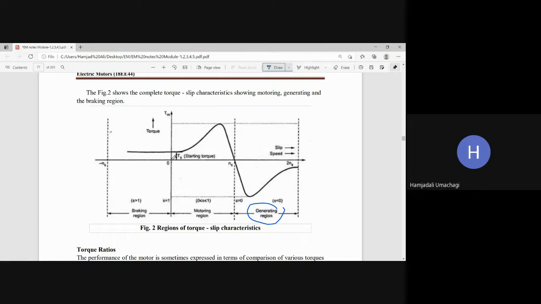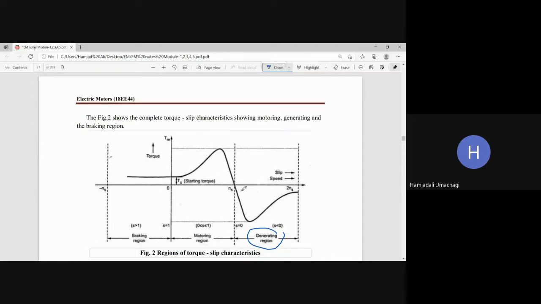For slip s equal to 0 to 1, the induction machine will act as an induction motor. And if slip is less than 0, that is negative, then the induction machine is acting as an induction generator. So you should draw this graph completely, with all the nature of the graph. This graph is important to explain the nature of slip characteristics covering the motoring, generating and braking regions of the three phase induction motor. So initially you should draw this graph clearly. And now let us see the description and explanation for this graph.